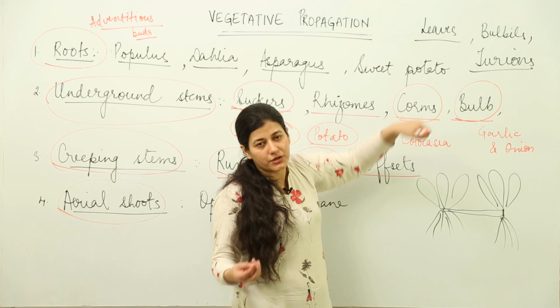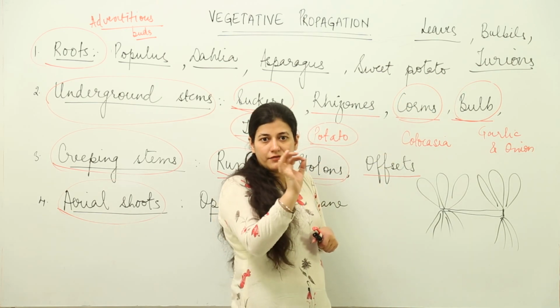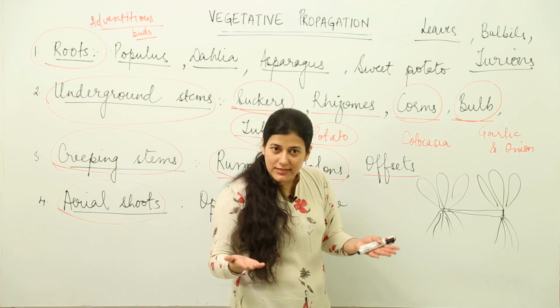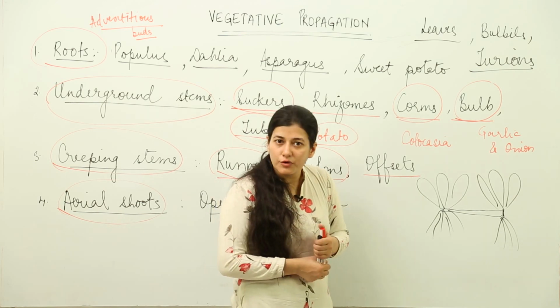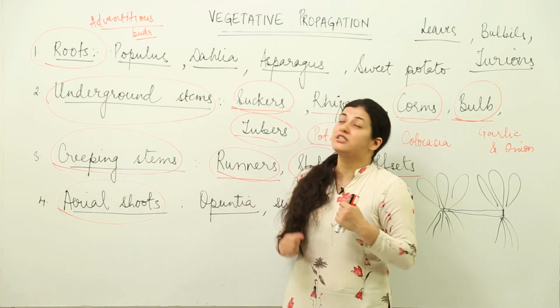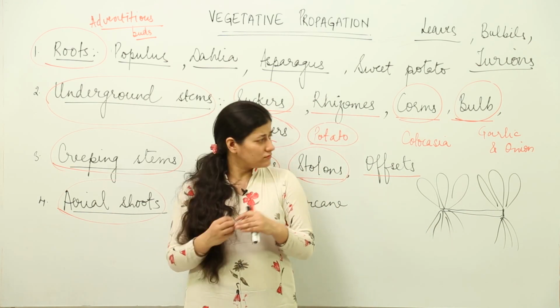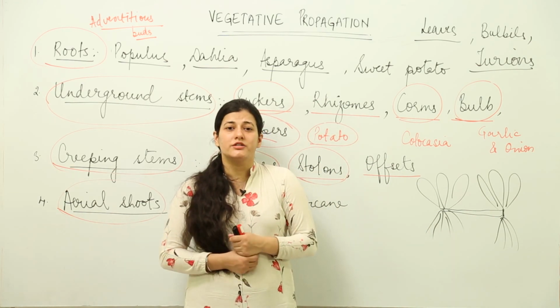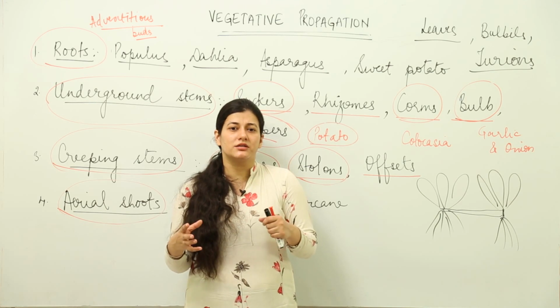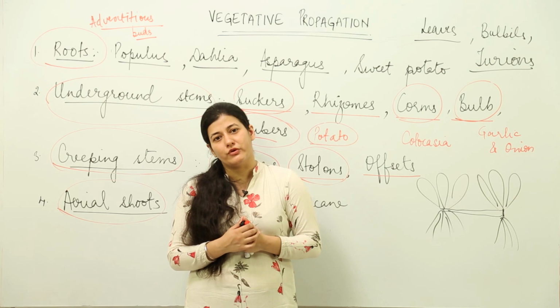So this is what is in the case of bulbils and turions, and we know the example of Bryophyllum since our childhood. If you observe a leaf of Bryophyllum, you would find small adventitious buds growing on the leaf itself. They would fall down and a new plant would be formed from it. So these are the various methods of vegetative propagation that you have to remember. It is quite a simple topic. The only thing is that the more you observe around you, the easier it would be for you to remember.